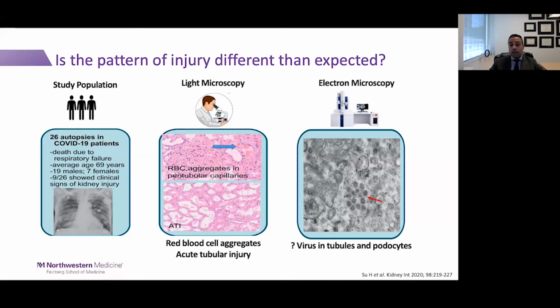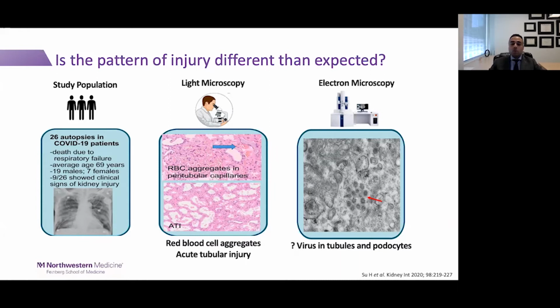they could become necrotic. And so this was actually a study in Wuhan of 26 autopsies in patients with COVID-19 that died of respiratory failure. Now, only 9 of the 26 actually had clinical signs of acute kidney injury. And when they looked under light microscopy, they actually saw, yes, that there was acute tubular injury marked by dilation of the tubules and sloughing of the cells, but they also saw that there were red blood cell aggregates in the peritubular capillaries. I think what was of significant interest and sparked some degree of controversy was under electron microscopy,